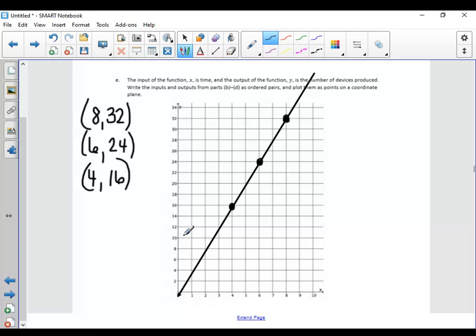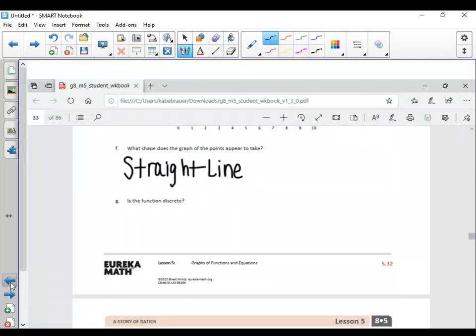So say you're working at your shop or whatever, you're making, I don't know what they're making, some sort of device. Let's say we talked about 1.5 hours. Could they be working on like a half of something? Like, could they be halfway done with making a device? Yeah. So we're going to call this continuous because you could technically